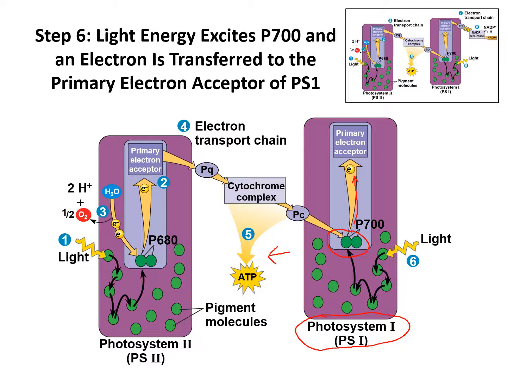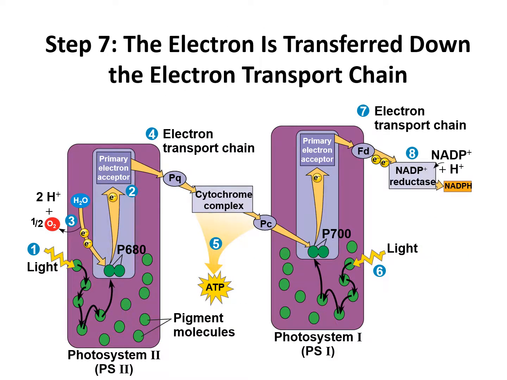So we have a similar process. Light is absorbed by pigments. Different pigments exist to absorb light of different wavelengths, so that happens in step 6. And that light energy is channeled to the P700 center, electron center, and then that excites an electron. And these are electrons that have come in from the electron transport chain. They're excited once again to a higher energy level. From that higher energy level,